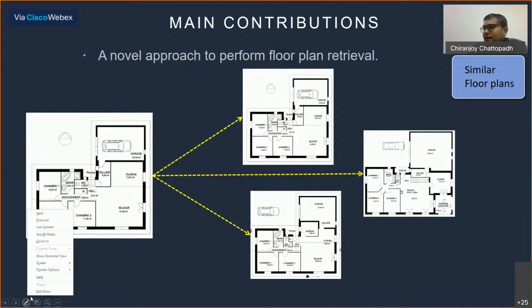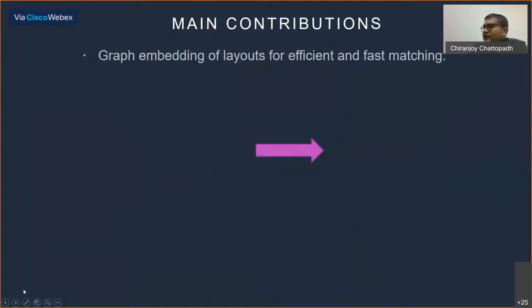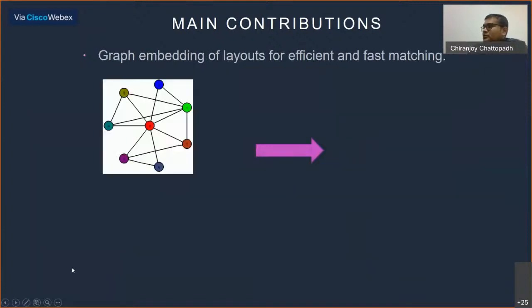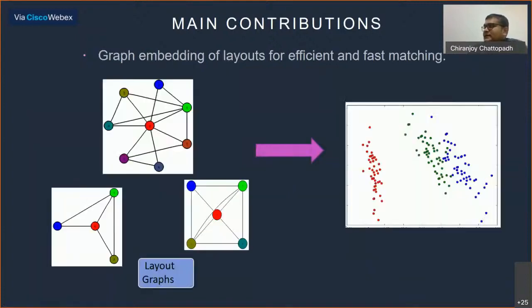The rooms and their layout I am able to extract, and then represent that as a graph. Here you see that the nodes of this graph are the rooms themselves. Okay, the 0 is the floor plan itself, and all these other numbered nodes of the graph are nothing but